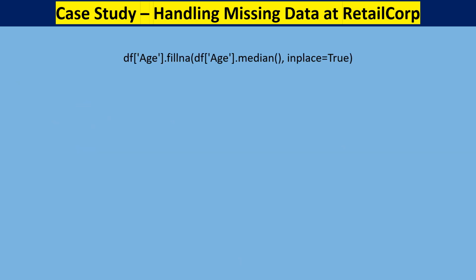And now we fill the missing values in the age column with the median value. Median is chosen because age often has a skewed distribution. Mean can be affected by outliers, very high or low ages. Using the median ensures that the missing values do not distort the overall data distribution. So now I fill the missing